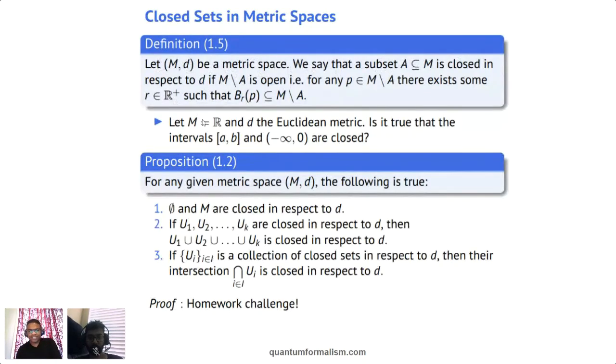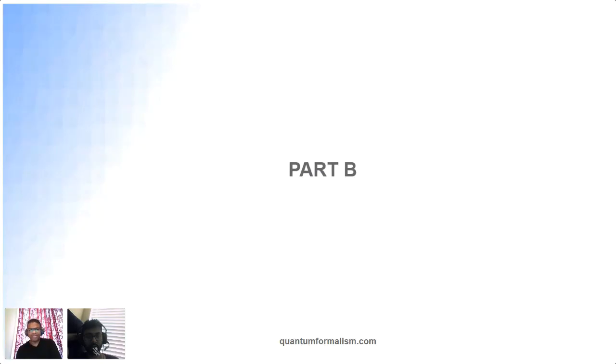Okay, and I have this challenge here for you: whether it is true that these subsets are closed intervals, if M is equal to R, the reals, and D is the Euclidean metric. And again, here are some properties. These will probably resemble the properties of closed sets that we went through. Okay, and finally, part B, you will see